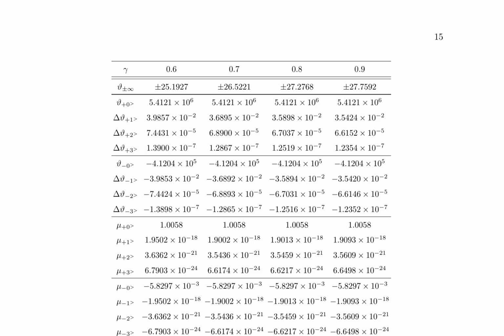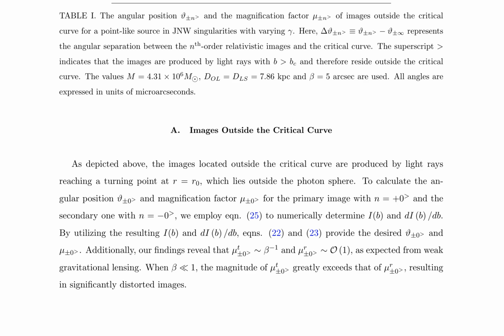This phenomenon occurs when light from a distant source is bent by the gravitational field of an intervening mass, such as a galaxy cluster. The bending angle, although small, can cause multiple images of the same source to appear around the lensing mass, resulting in a distorted view. The magnification factor plays a pivotal role in determining the distortion of these images. It is calculated using the Jacobian matrix of the lens mapping, which describes how the source plane coordinates are mapped onto the image plane. When the bending angle is much smaller than unity, the magnification factor becomes crucial for understanding